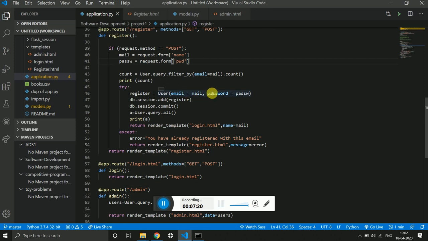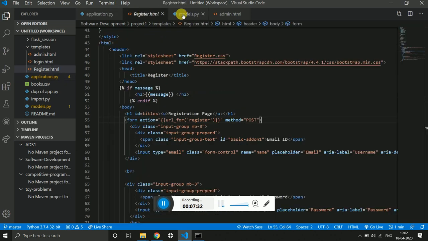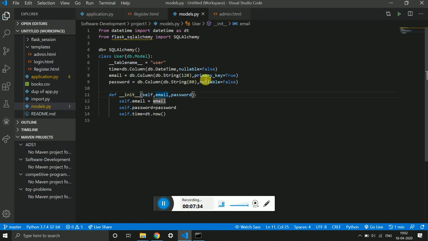But if the email is already in the database, I don't want to create a duplicate. So what I did is, I mentioned in models.py that my email ID is a primary key, which won't accept nullable values, and it must be unique.